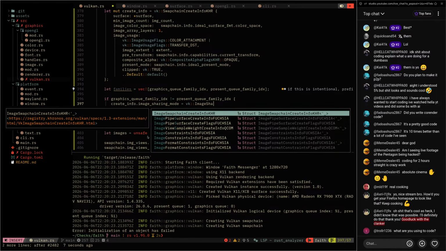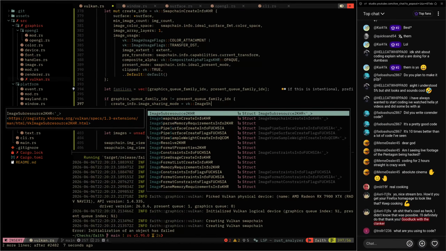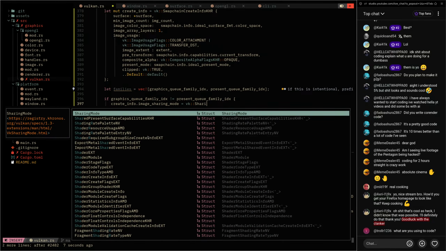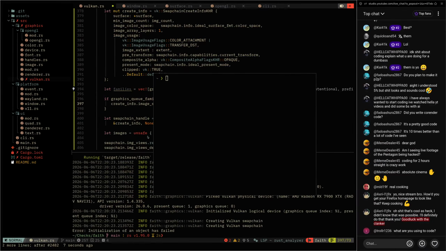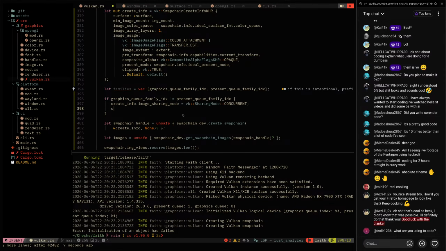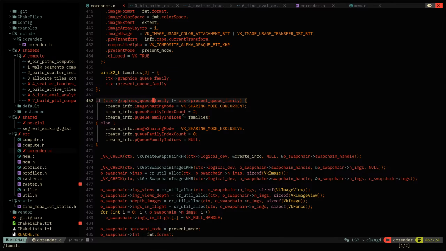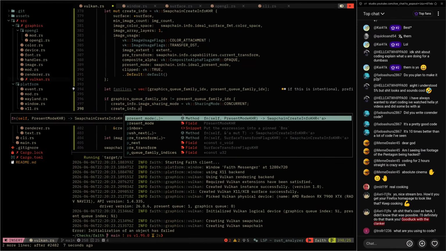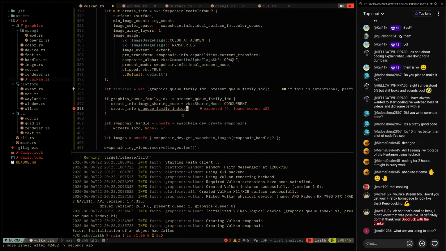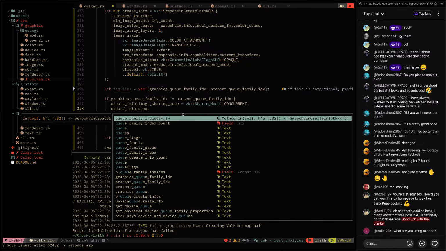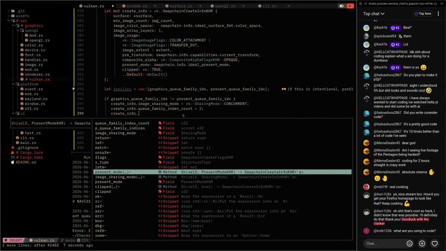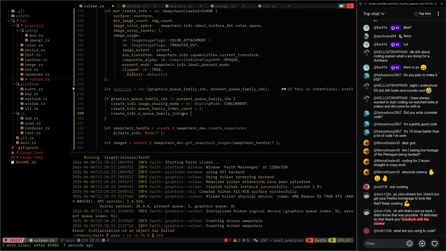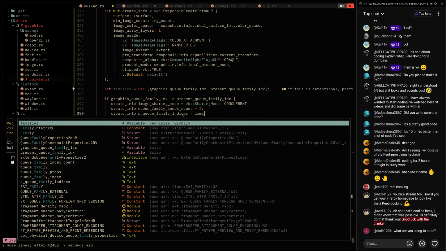Sharing mode concurrent. Alright. Create info dot index count is then 2 actually, and then create info dot queue family indices is equal to families, and then